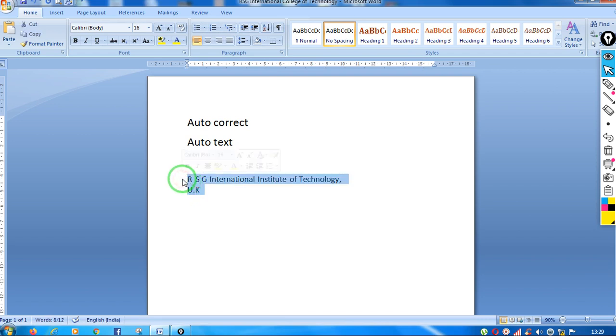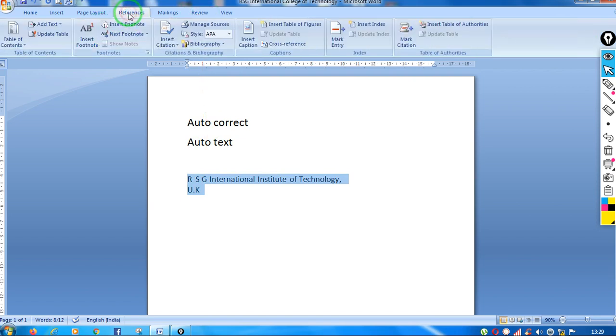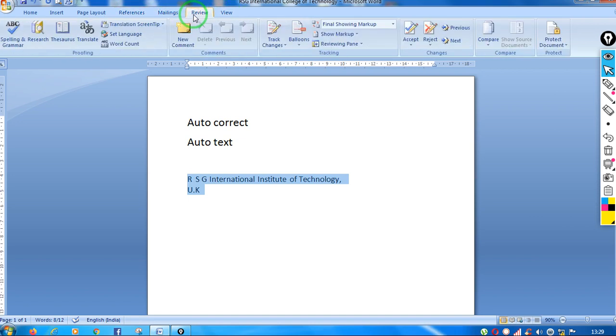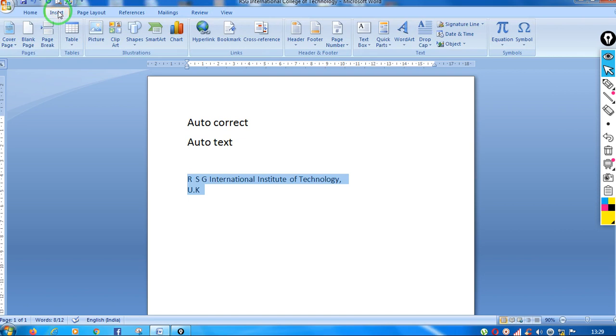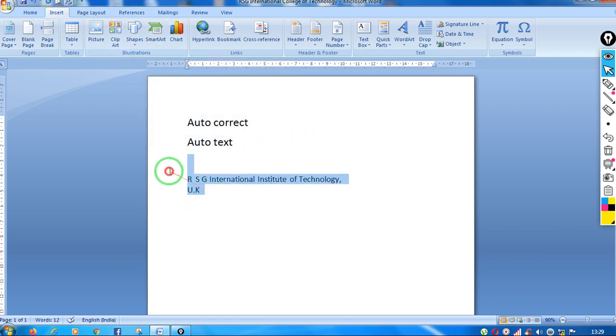Now if you want to create AutoText, first select the text. Once you have selected the text, where is that option? Sorry. Okay, you have to go to the Insert tab.